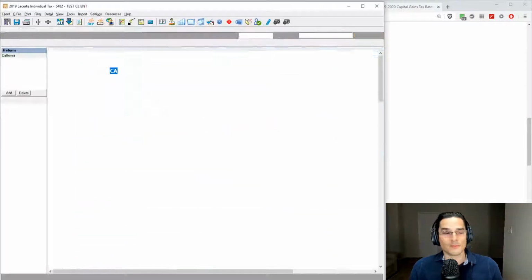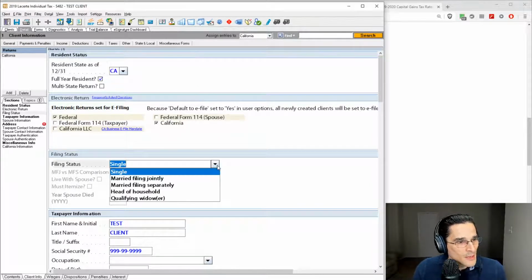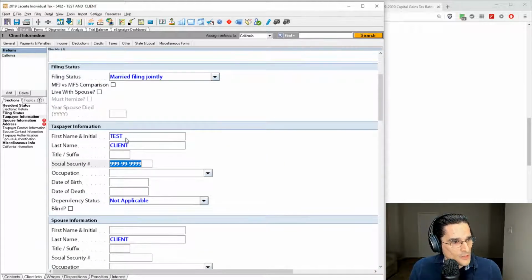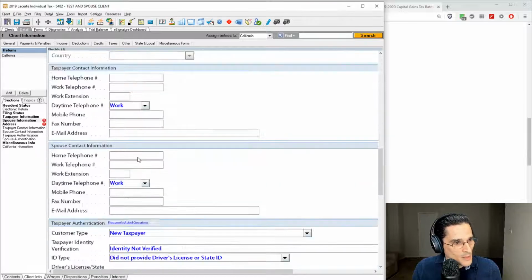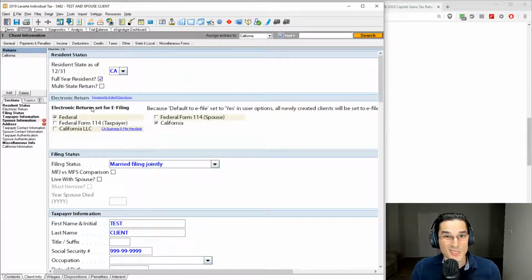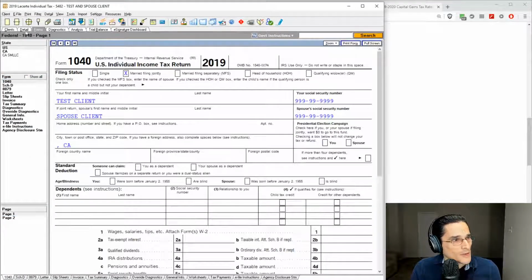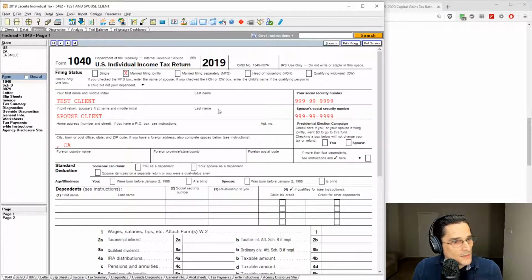So let's pull up the good old-fashioned tax software, and let's project this situation. Why not? All right, so let's put together a 1040 here with married filing jointly. We have test client. Let's put spouse client in there as well. We're going to build this up. It didn't specify which state you live in, so we're going to pretty much focus on the federal side of things. All right, so it's going to give us an error message. Let's change this to that. Okay. All right, so we have a return here, 1040, 2019.